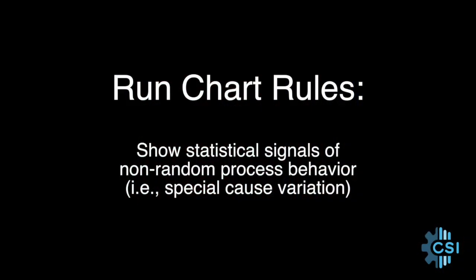In part 2 of this series on run charts, we introduced run chart rules and how they're used to point out statistical signals that show that something unusual is taking place in the process you're watching. To be a bit more technical, these statistical signals are strong indicators of non-random process activity. Also in part 2, I presented one of the run chart rules, the one